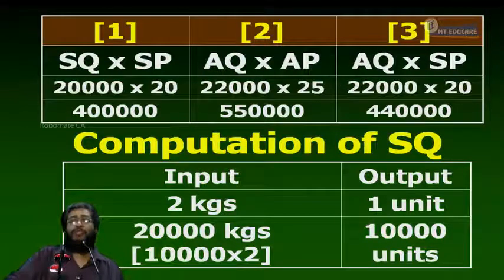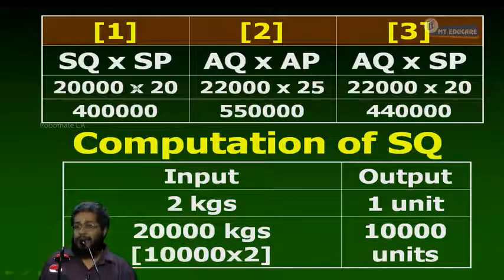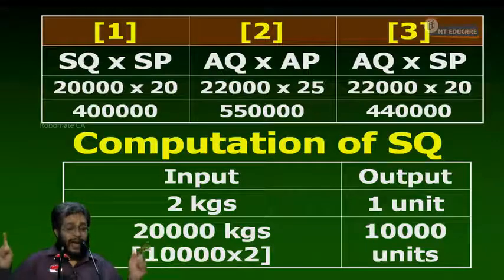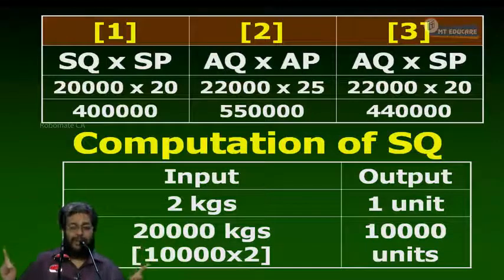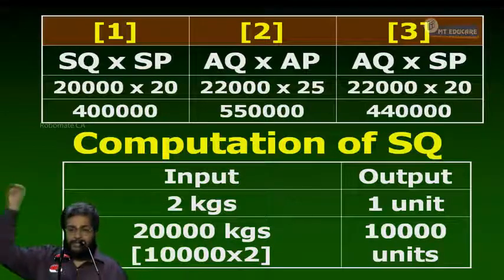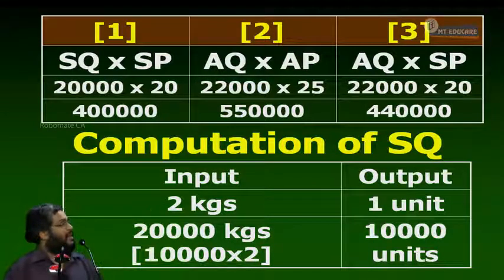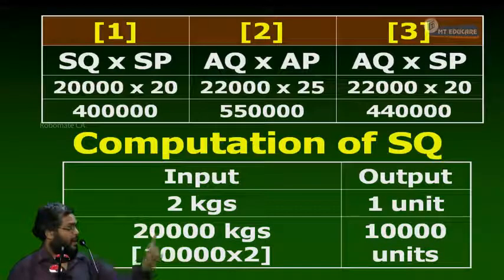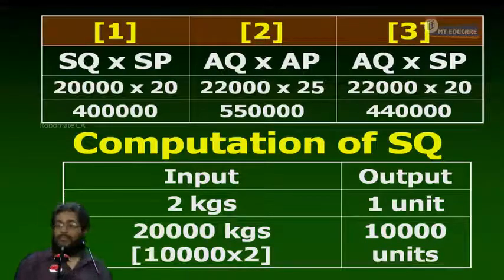So now tell me, the 2,000 kg difference, column 1 minus 3, is multiplied by actual price or standard price? The standard price. The reason is, I cannot multiply by actual price, because if I use actual price, the efficiency or inefficiency of the purchase manager gets into the evaluation of the production manager. Hence I use the standard price. Point number 1, understood or not? Then you may ask the next question.